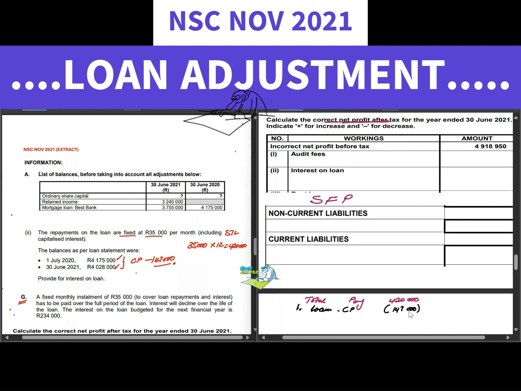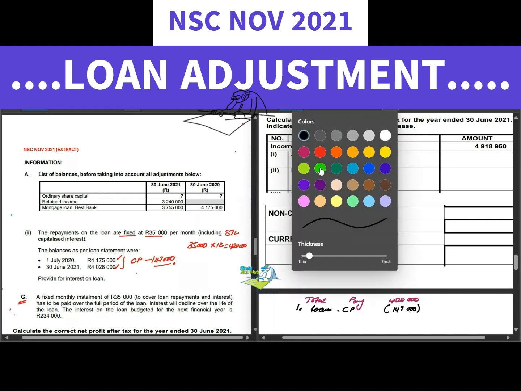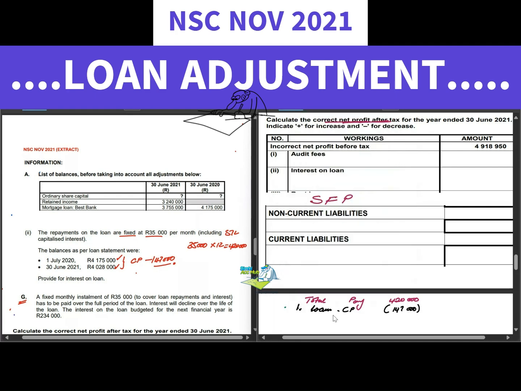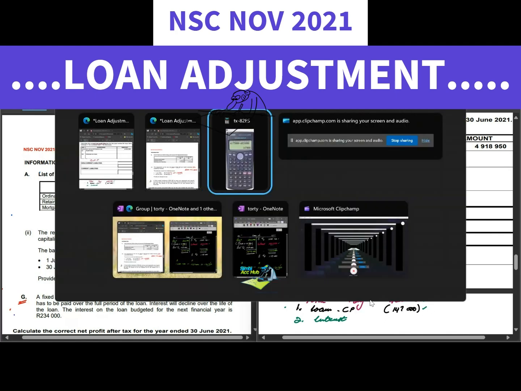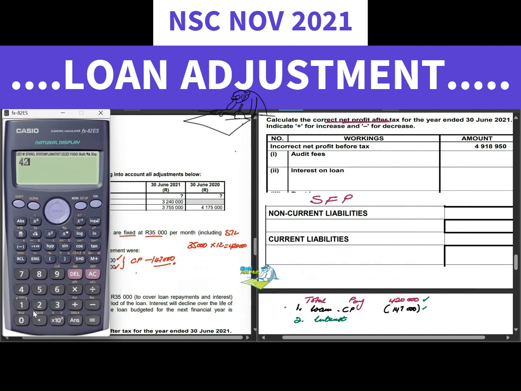But if I have made total payments of 420,000, the second amount therefore becomes my interest. The difference between those two gives me my interest. So it will be the 420,000 total payments, subtract the loan repayment of 147,000,